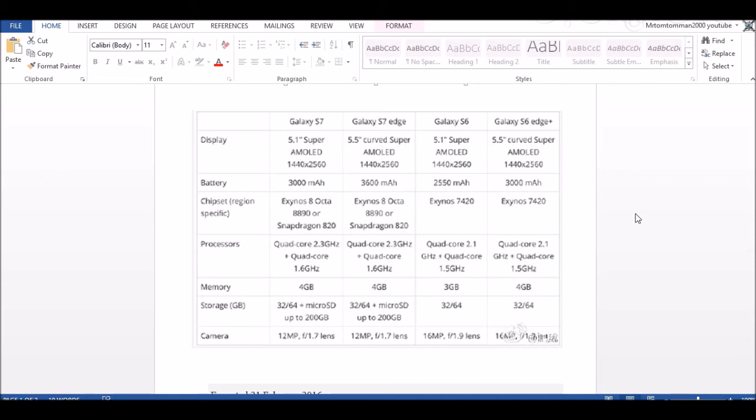Iris scanner will probably be included, so that might bump up the price. That's a rumour. Right, Apple's 3D Touch. Samsung's version is going to be, I'm not sure what it's called. It's called finger sensitive or whatever. Drop a comment in the comment section what it is. But yeah,